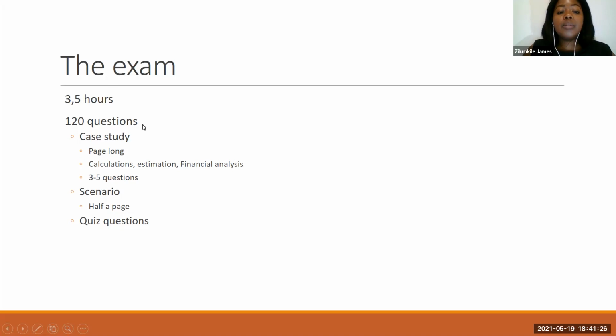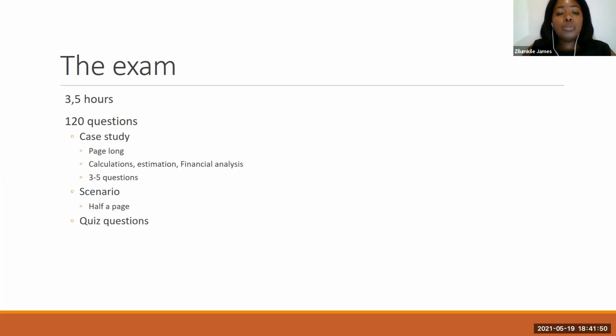And again, to reiterate, you will be marked on the spot. When you're done writing the exam, your exam will be assessed automatically, and you'll be told right then on the spot whether you've passed or failed. It's also a very scary part, that one. So it's important that you make sure that you understand each knowledge area, all of the knowledge areas.